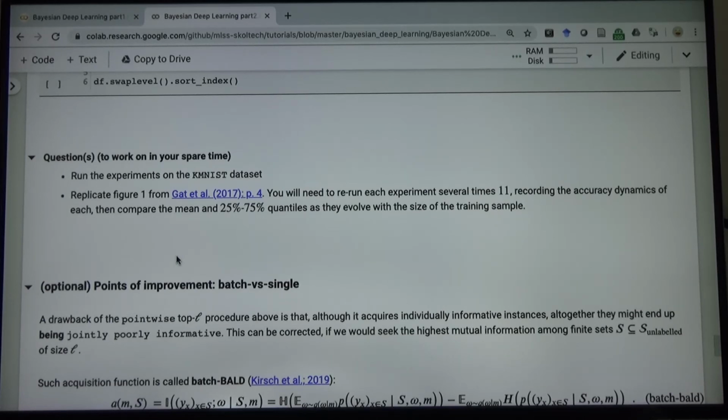in this paper. But make sure that you run your experiment several times, store the data, and then take the mean and plot not standard deviation confidence bands, but interquartile confidence bands, basically 25% quantile and 75% quantile. Now, next thing is if you try to increase the number of requested points from 3